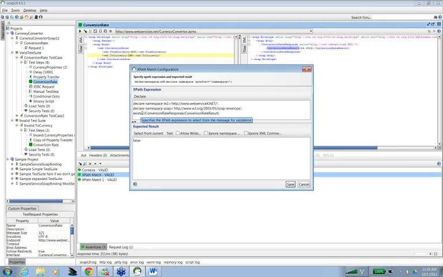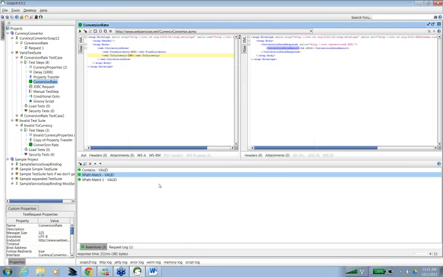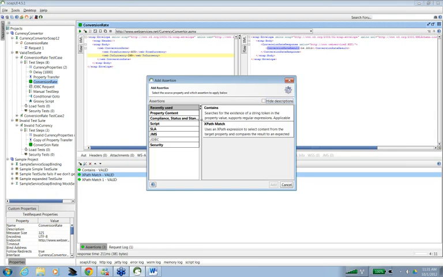Generally this is the way if you want to find whether a tag or element is present or not. For some reason it is still saying false, but anyway it should have said true. There are some more assertions which you can do. So these are the property content assertions.